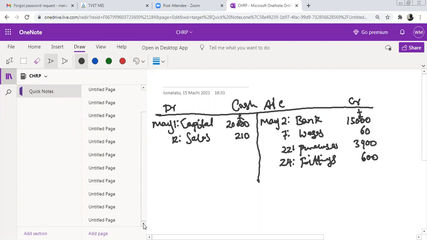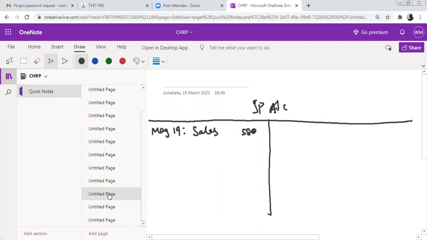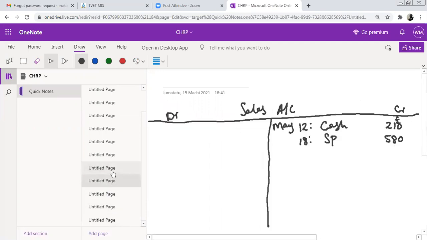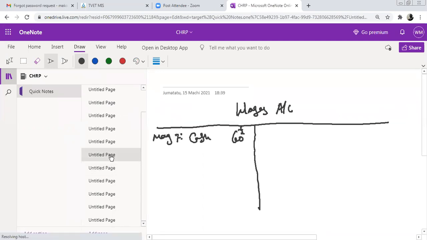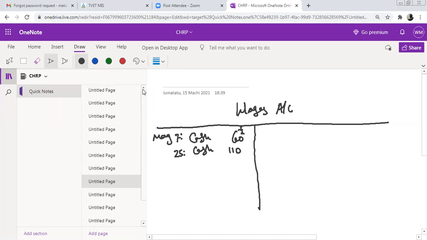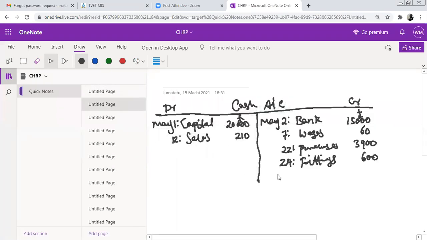25th of May, paid wages by cash 110. We had wages account somewhere. So 25th, we paid the wages by cash, 110. It simply means that cash is reducing again as a result of that payment. So we write here on 25th, there is a reduction towards paying the wages, 110, like that. Next,